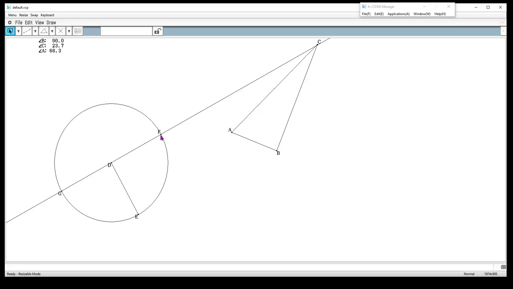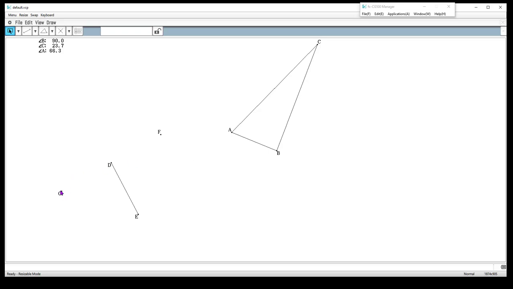So now I have my point here and I can now hide, and I actually don't need my circle anymore either. So I'm going to select these 2 things and go to Edit, Properties, Hide. It's going to hide them. I don't want this point. So you can pretty much hide anything you don't want to see by selecting it and go to Edit, Properties, and Hide. So now I have my 3rd point, which I know is perpendicular because it's part of that perpendicular that I constructed, but now I can use my segment tool and make my triangle.